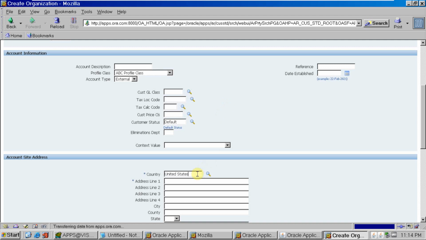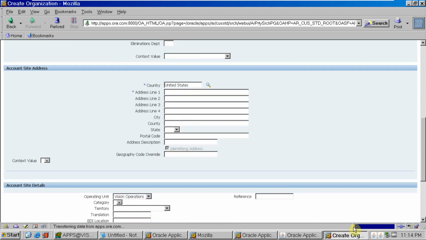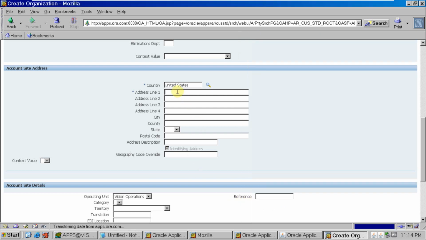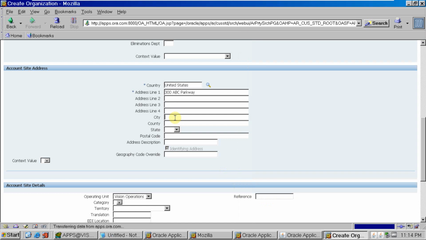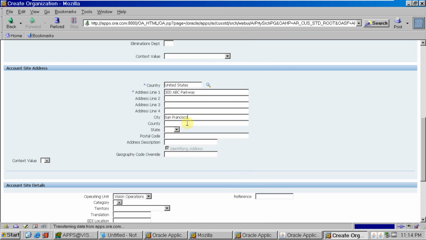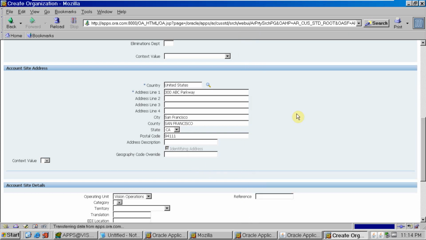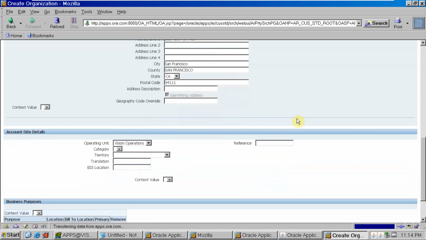Here is the customer address. I will give the customer address.